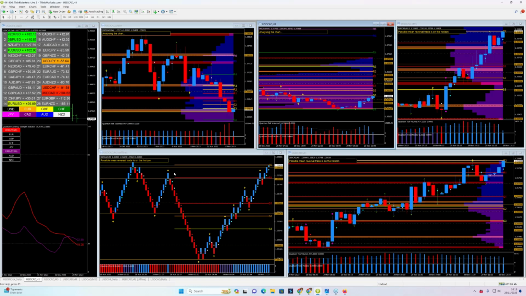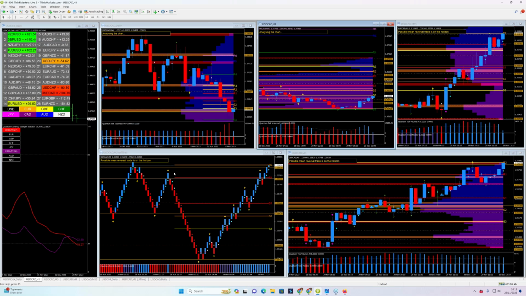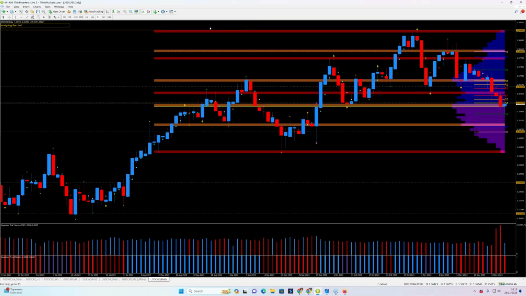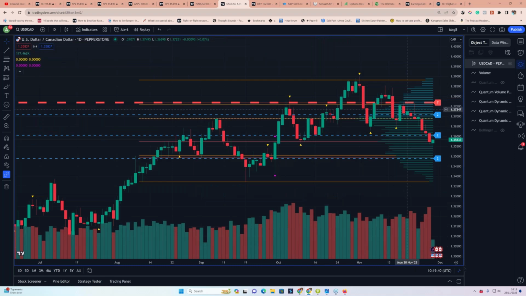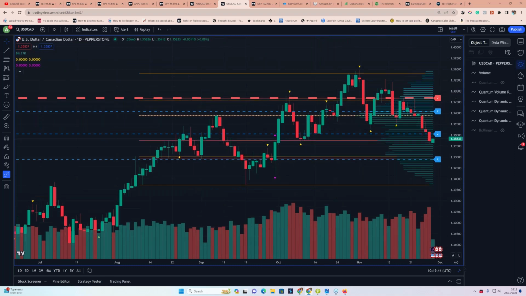Right, getting back to the dollar CAD. So that's a little bit there. And this is my profile for the dollar Canadian. And one of the reasons for looking at the dollar Canadian, and in fact, let me do it on TradingView because it's slightly more descriptive, is the daily chart. Because traders sometimes don't pay an awful lot of attention to the daily chart, even the intraday traders, because it can give you an idea of what could possibly be coming along the following day.